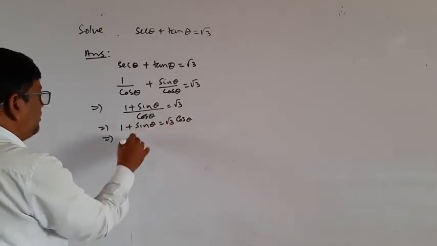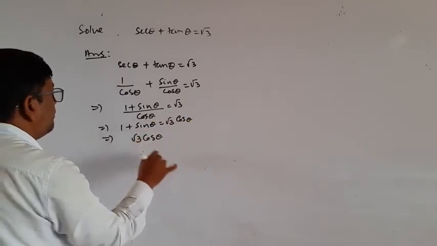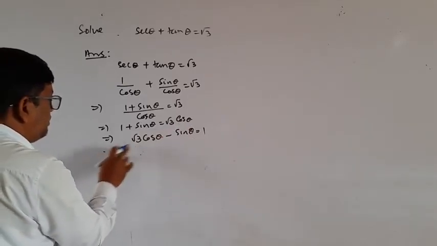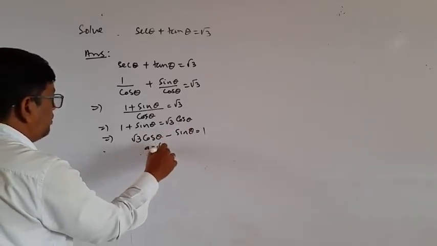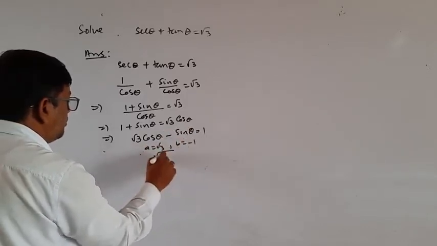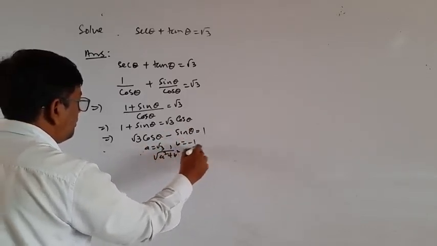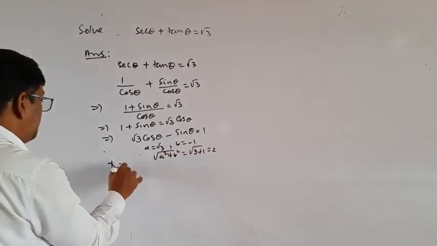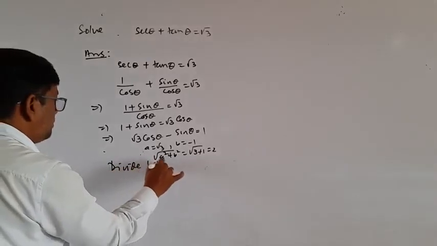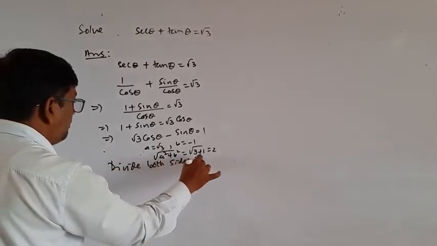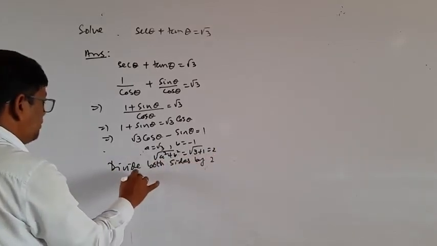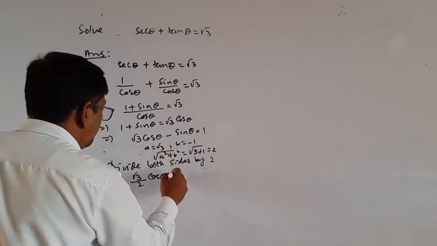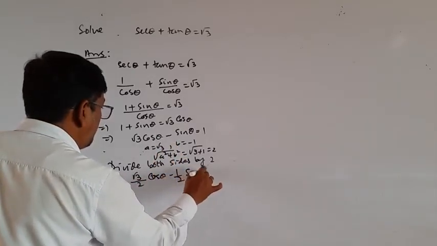So we can write here root 3 cos theta minus sin theta is equal to 1, and here a is equal to root 3, b is equal to minus 1. Root over a square plus b square is equal to what? 3 plus 1, that is 2. Divide both sides by 2. So this is root 3 by 2 cos theta minus 1 by 2 sin theta is equal to